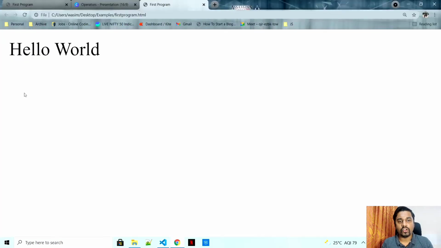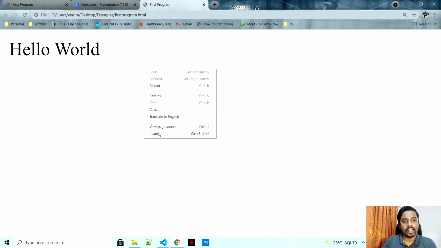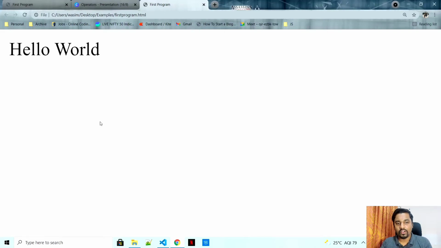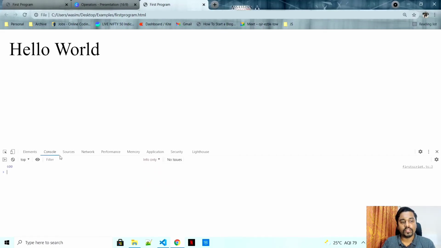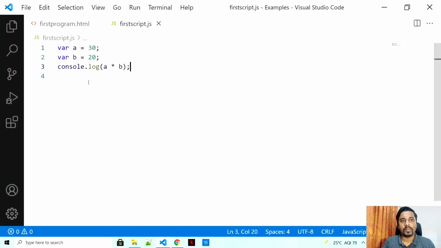Okay, console.log, how is this going to work? You're not seeing your answer anywhere. The way to see the console is quite easy. Right click and go to inspect, it's already showing you a shortcut Control plus Shift plus I, or the best way to do that is function F12. The F12 button that you have on your keyboard is going to directly open the console for you. And see, it is printing the number 600.